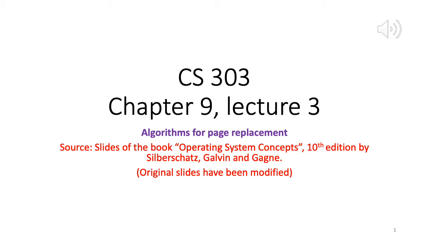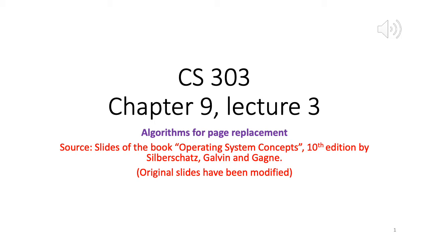Of course, what you want to do is minimize the number of page faults. If you evict a page which is very heavily used, that page is going to be used again and again after eviction, and therefore it's going to generate a lot of page faults. So we should try to identify the heavily used pages and try not to evict them. A page which is not used, or lightly used, may be chosen for eviction. These are just heuristics.